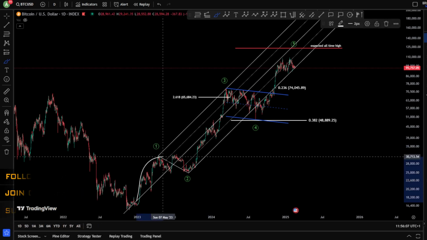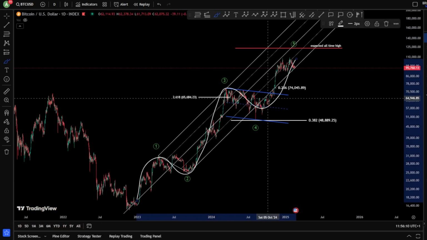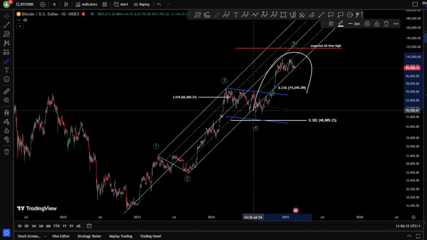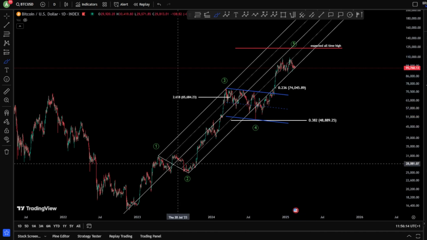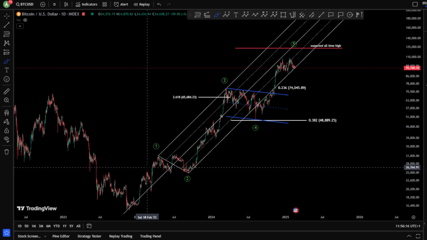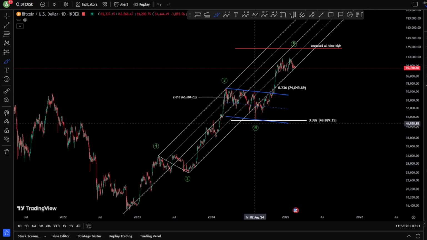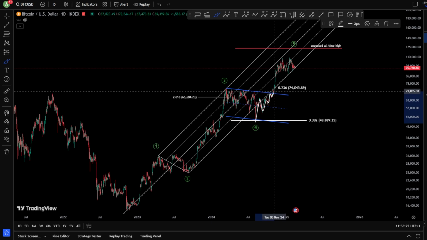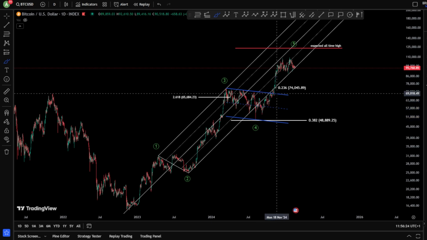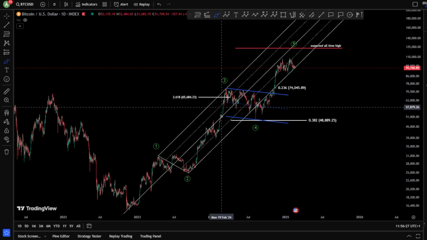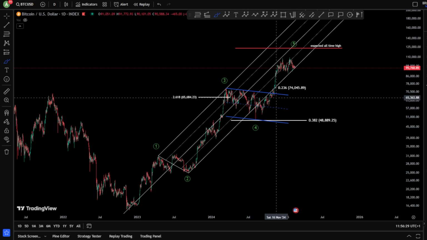Starting on the daily chart, we have our bull run here towards the upside, wave F5. We are currently inside this fifth wave, and we have our acceleration channel taken from the wave 2 and based on the wave 3. As you can see, the wave F5 has moved impulsively towards the upside, breaking this blue channel, which is your wave 4 as a correction channel.